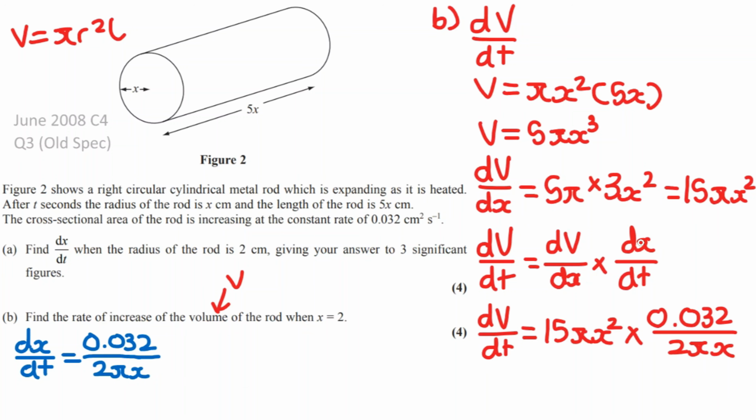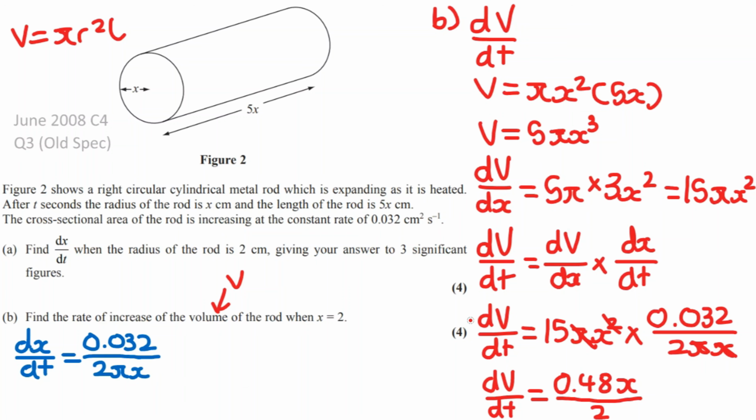So therefore dV over dt is going to be dV over dx, so we sub in this 15 pi x squared, multiplied by dx over dt, so we just sub in this here, and then we can simplify this because this pi will cancel out with this pi, and then this x will cancel out with one of these x's here, and then this 15 will multiply this 0.032, so we're left with dV over dt is equal to 0.48x over 2 like this here,